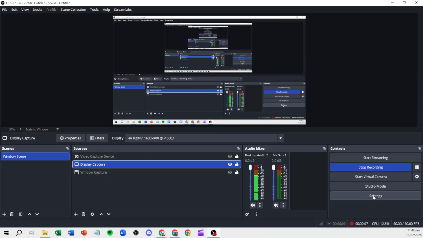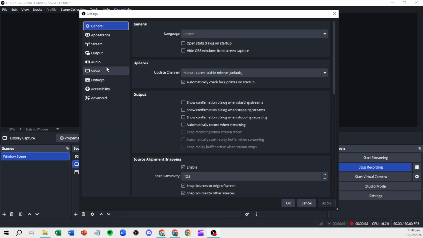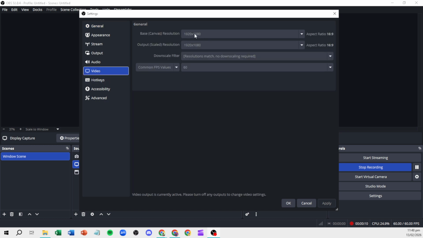Here's where you control your frame rate. Under Common FPS values, pick 60 for a smooth, widely compatible look that keeps file sizes reasonable. If you want ultra-smooth playback for slow motion or very fast games, you can use 120. To do that, open the drop-down, choose integer FPS value, and type 120. Just remember, higher frame rates demand more from your computer and create larger files, so make sure your system and